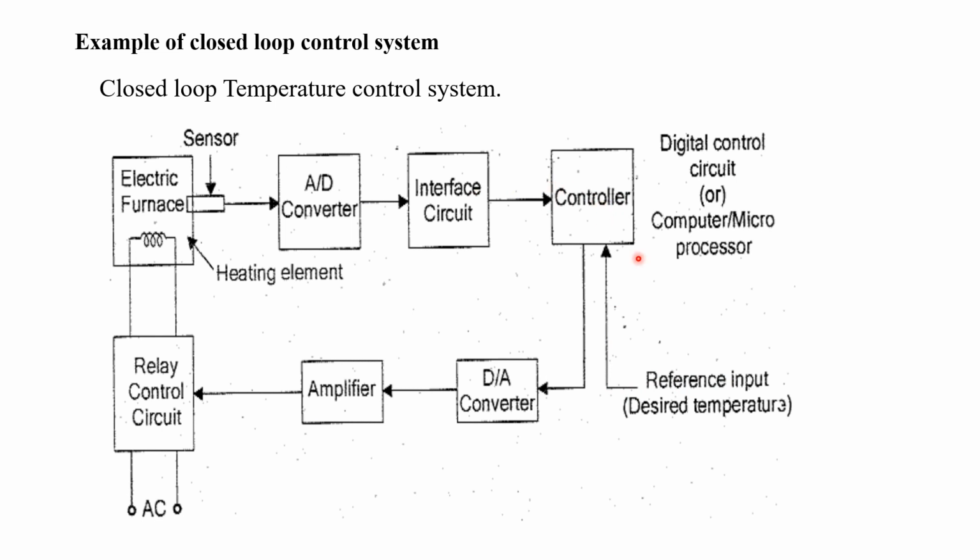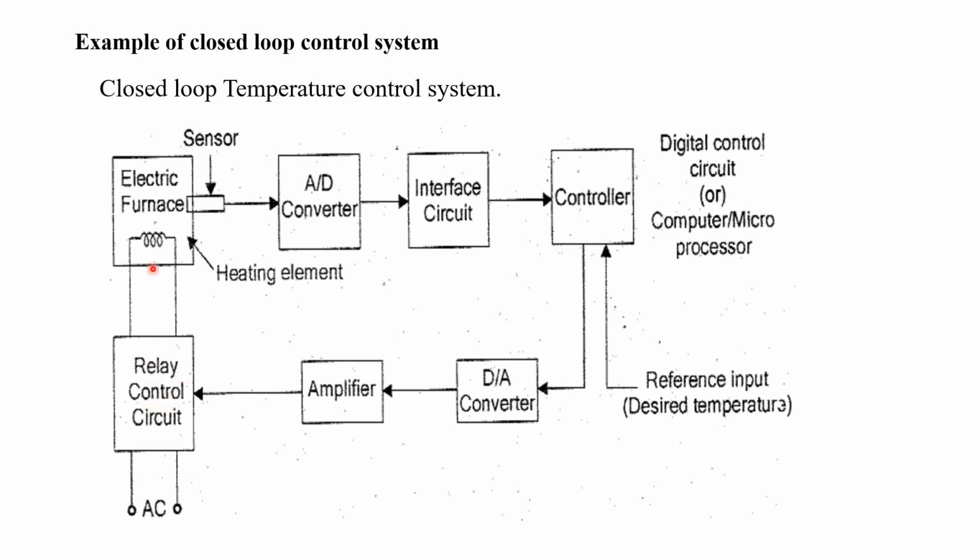So the difference between these two will be the error signal. So this signal will be an error signal. This error signal will again be a digital signal from the computer, or the controller. Now this digital signal will be converted into analog and then it will be processed, that is amplified, and then it will be given to a switch. This relay control circuit is nothing but a switch, isn't it? It will be either in the on condition or in the off condition.